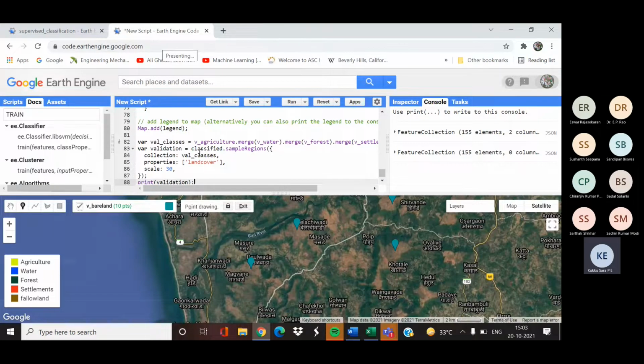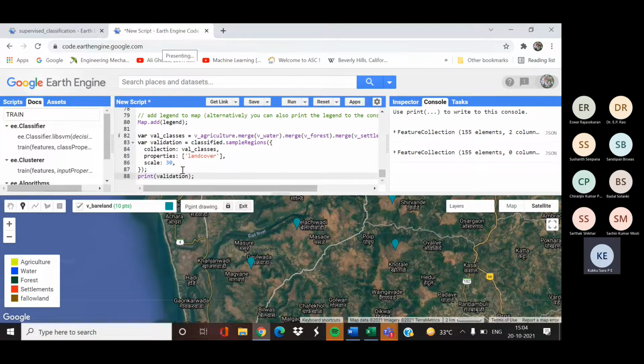Same as there, here our input image is the classified image, and give the sample regions with collection as our validation classes. Input feature name, property name is land cover, and the scale corresponding to Landsat 8 is 30. Give the scale.